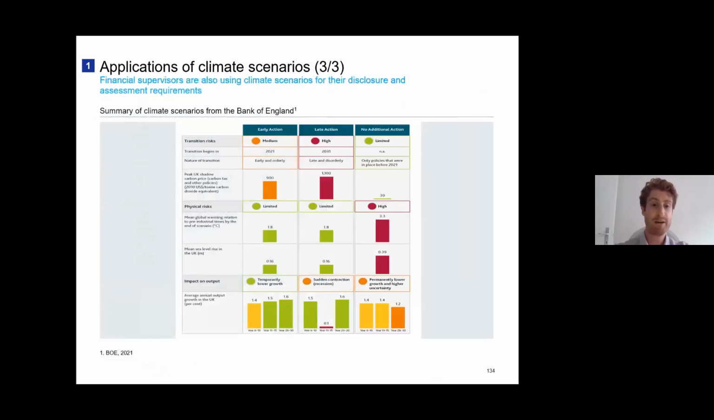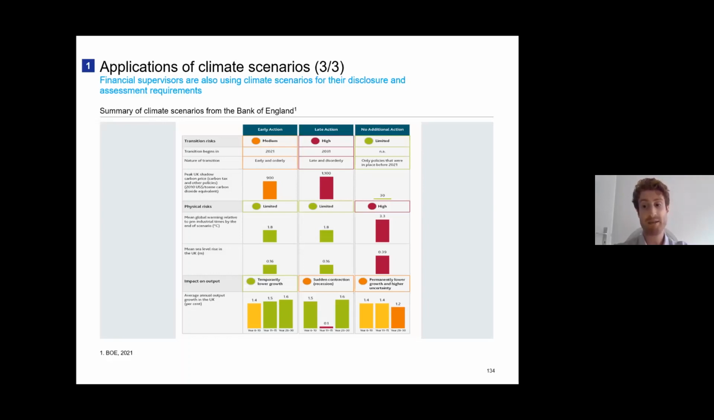In addition, scenario analysis is, as I said, used by regulators. In this case, what we see is from the recent Bank of England climate stress test, there is the expectation that those that are supervisees will use these scenarios. And similarly to what we mentioned before, there are 3 types of scenarios: early, late, and no additional. These correspond to the orderly transition, a disorderly transition, and a hothouse world. And so in a lot of ways, even down to the specific variable values, they've taken the NGFS scenarios and